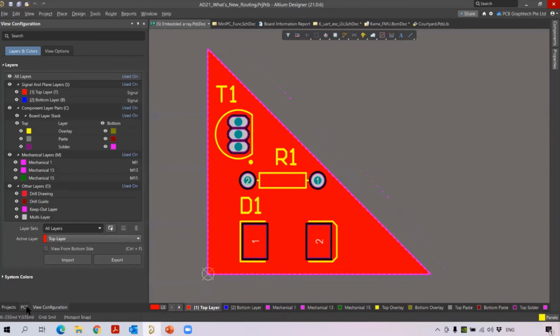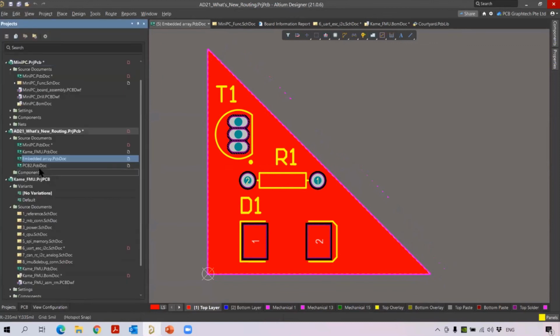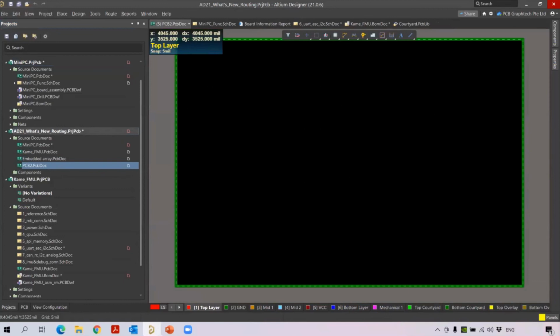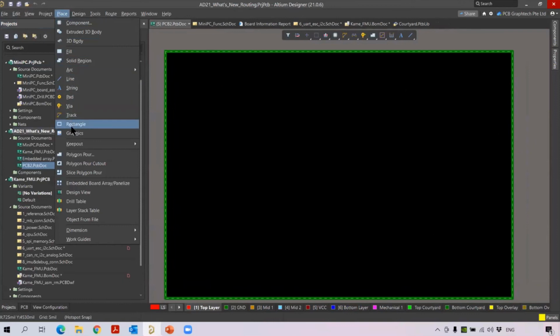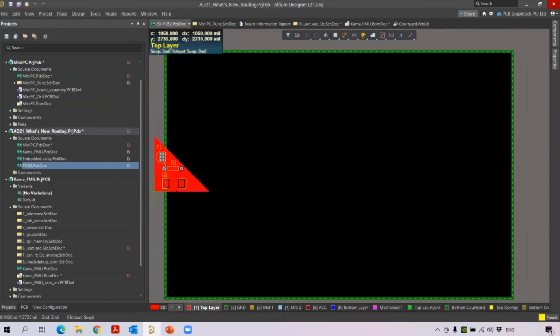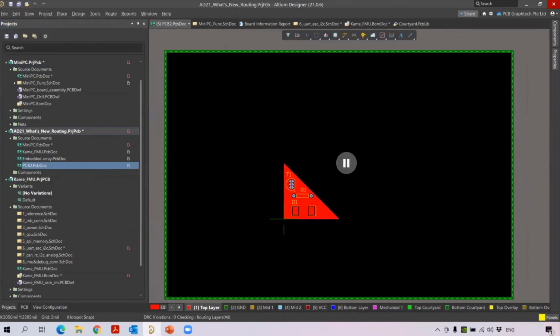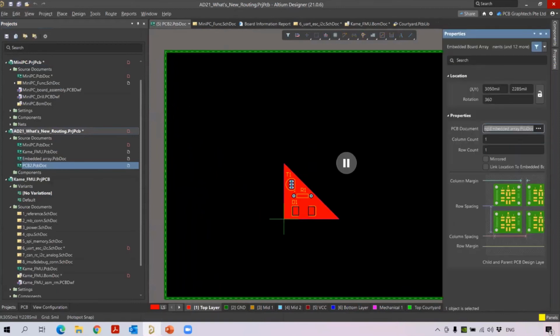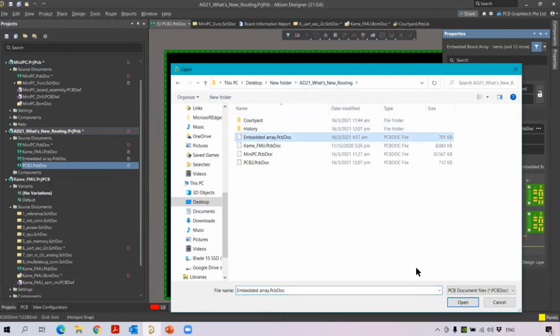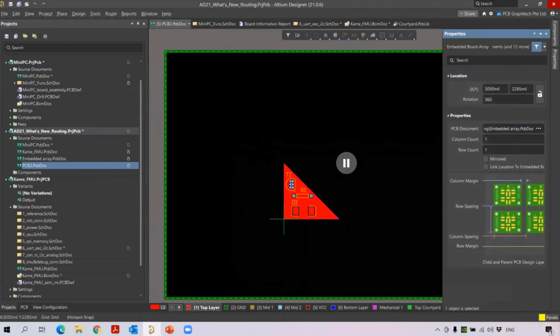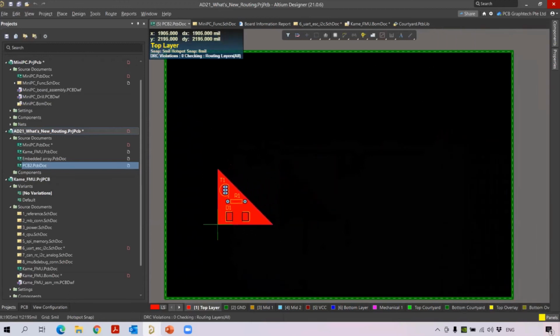To do the embedded, let me open my PCB here. I just opened the PCB sheet. For this, I'm going to do the embedded for the particular embedded board array. So go to Place, then go to your embedded board array, and to bring it here, I just press the tab key. Then you can see I have already brought it here, or you can click on the arrow mark. You can go for your embedded board array which you want to bring in, open the file here. Now once you bring in the file, this is the new feature where you can change to any angle you want, 0 degree or any angle. You just try to place one.